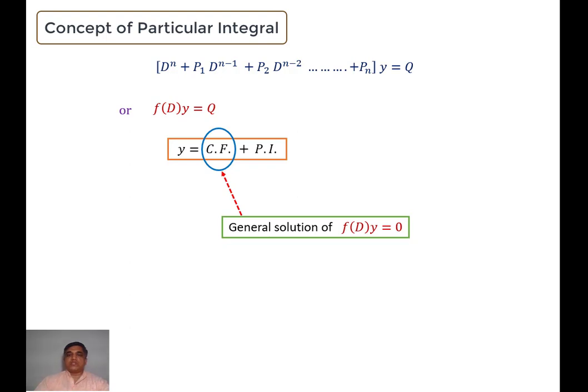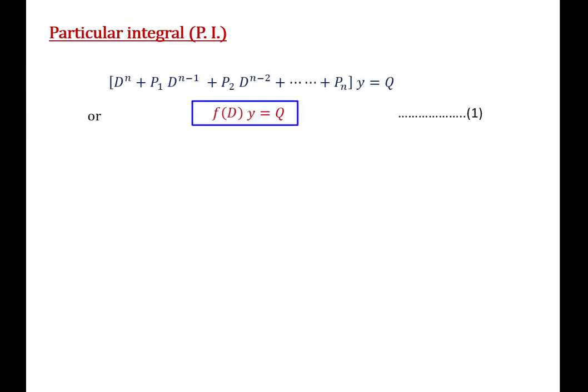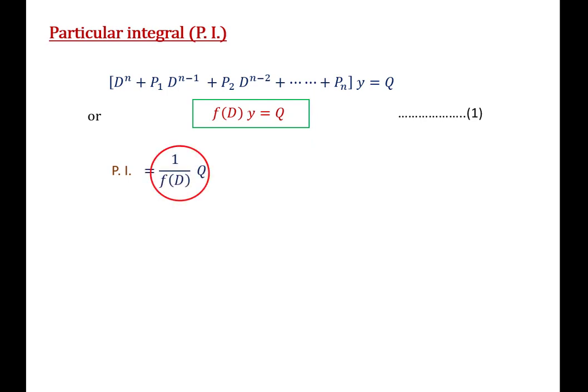So let's start with the concept of particular integral. Consider the differential equation f(D)y is equal to Q. Now the particular integral of the differential equation 1 is expressed as 1 upon f(D) of Q. The expression 1 upon f(D) of Q denotes some function of x which has no arbitrary constant, and when f(D) operated upon 1 upon f(D) of Q gives Q, that is,